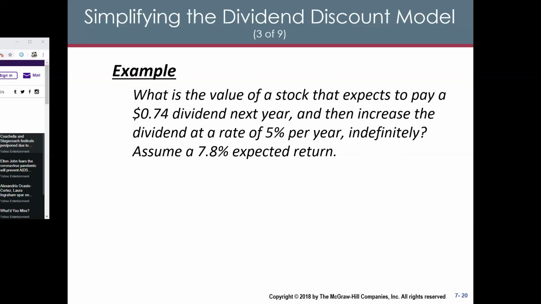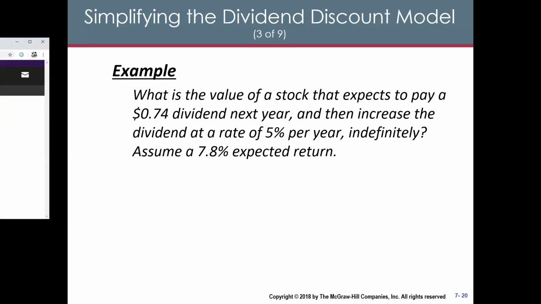So let's look into an example first. What's the value of the stock that expects to pay a 0.74 dividend next year, and then increase the dividend at a rate of 5% every year, and assume the expected return, or the R, the interest rate, is 7.8%. So apply the earlier formula,